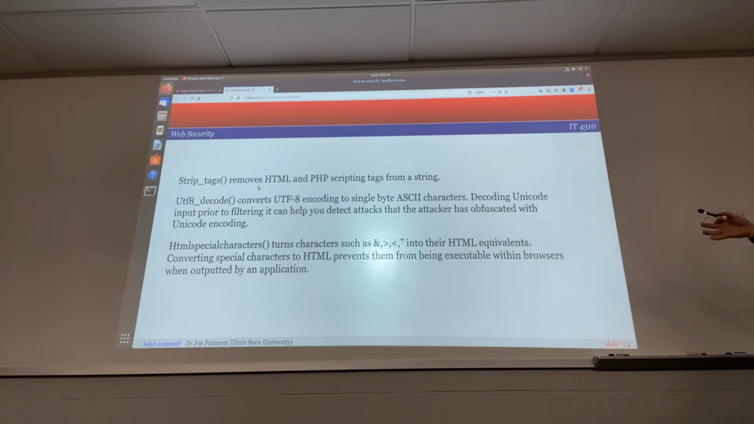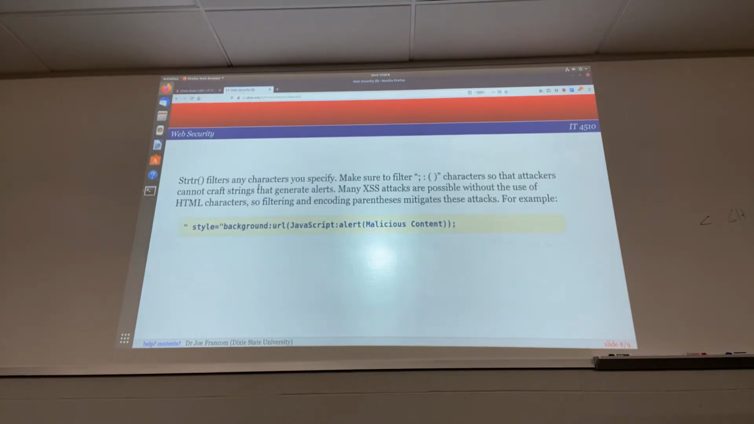HTML special characters will turn ampersand, greater than, less than into their HTML equivalents, and then our browser won't execute them. You don't need to particularly memorize those, but depending on the programming language you're using, there are ways of validating your input. There's another one. All right, exactly. So let's do some examples. Now,